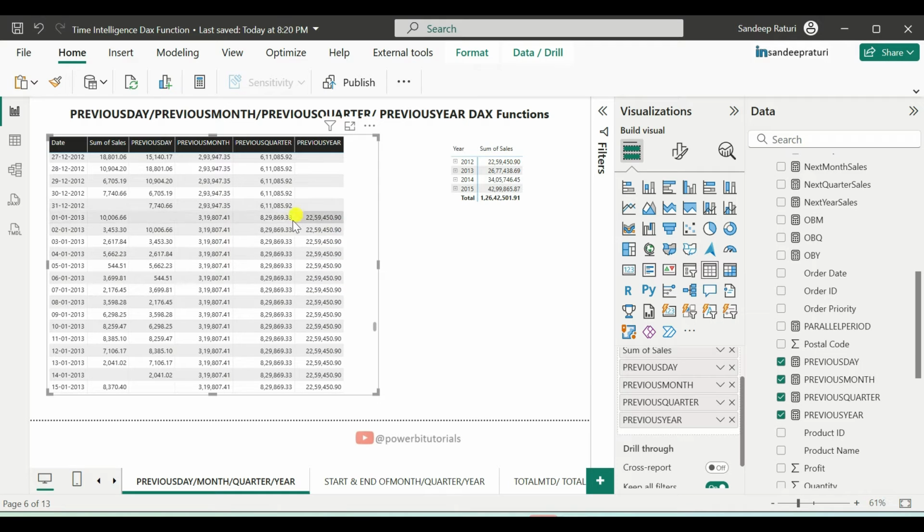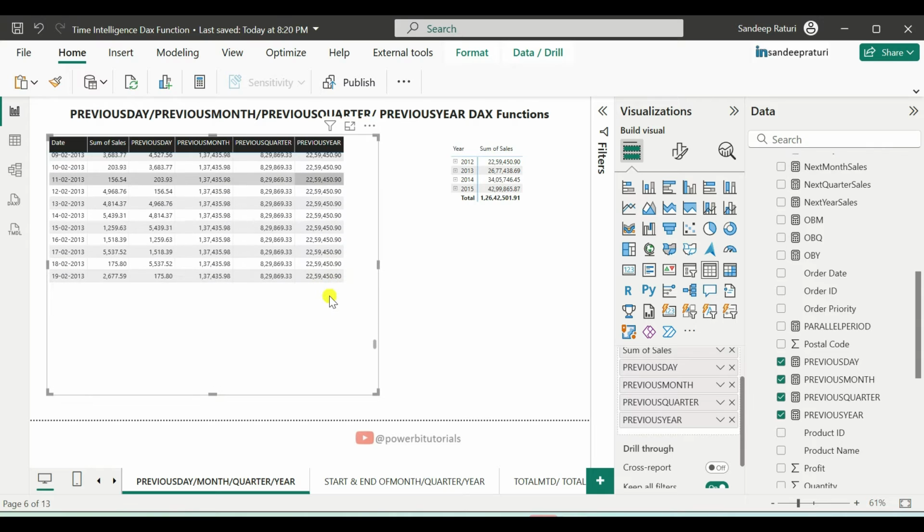So for the year 2013, what would be the previous year? The previous year would be 2012, and this is the 2012 year sales, 22,59,450.90. And if we talk about 2014, for 2014 the previous year would be 2013, and it will show you the 2013 sales